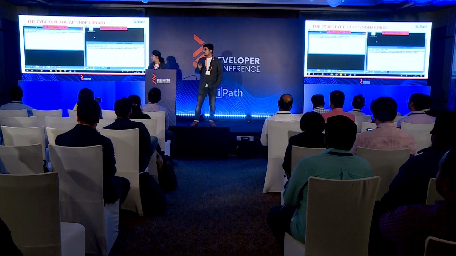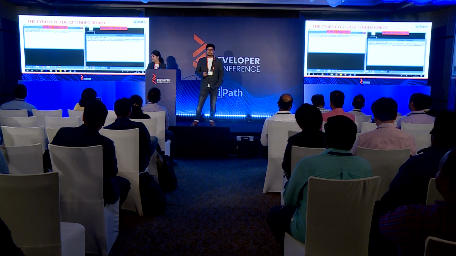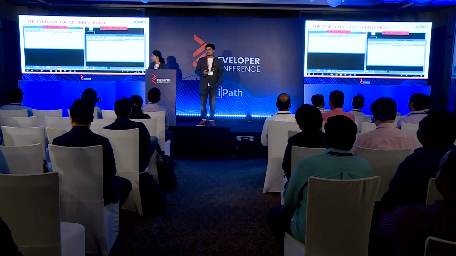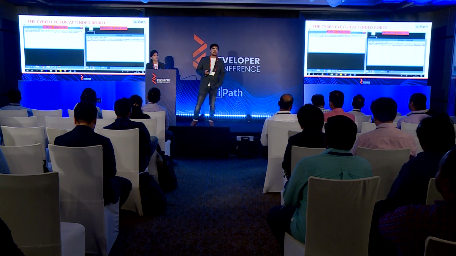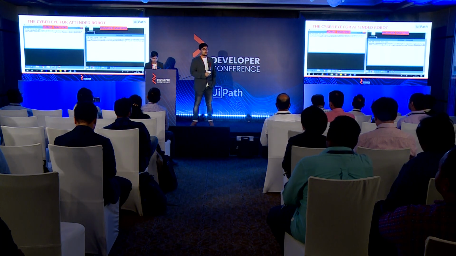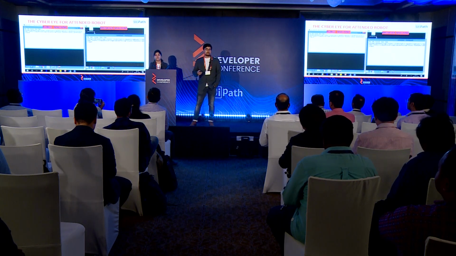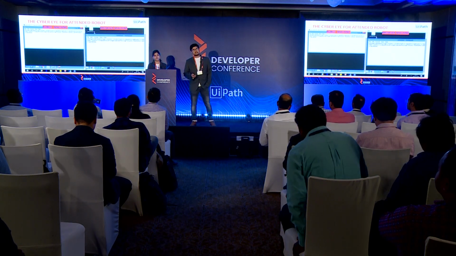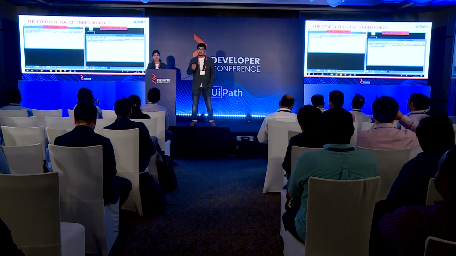So what do we want to achieve from this? There can be numerous use cases of this scenario. To start with, visual monitoring. Let's just say a robot is running in India and a supervisor sitting in America wants to see what the robot is doing. That supervisor doesn't have to fly to India or monitor the logs in the Orchestrator. He can just browse the URL and, at the hit of a button, he can visually see what is happening.